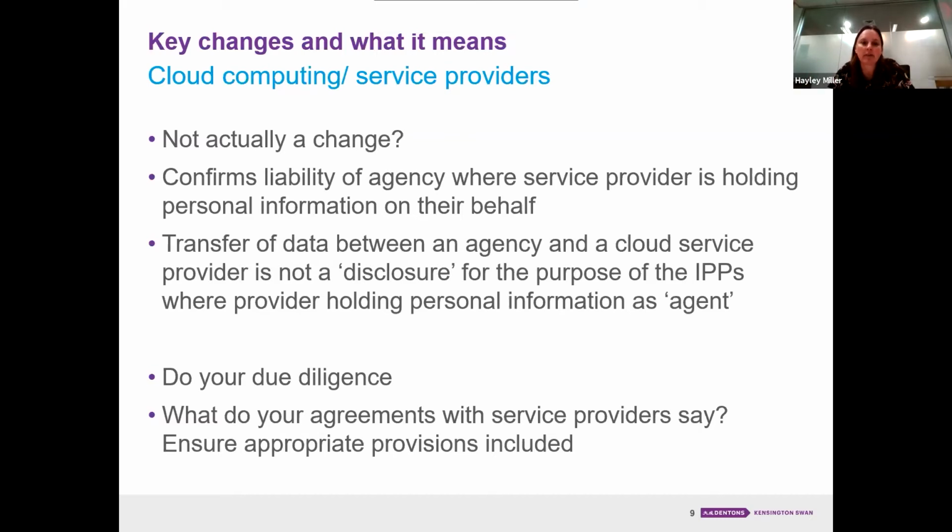Now, the key here is that they made it clearer that to the extent you've got a transfer of data between yourselves and a cloud service provider, for example, it's not a disclosure for the purpose of the IPPs, i.e. a number 11 or a number 3 in terms of telling people who you disclose it to. So you don't have to say, we store our data on Amazon in Australia. That's not a requirement, as long as Amazon in Australia can't use the data themselves, and they are actually your agent. Again, this has always been the position. They've just come out with more clarity around this position.